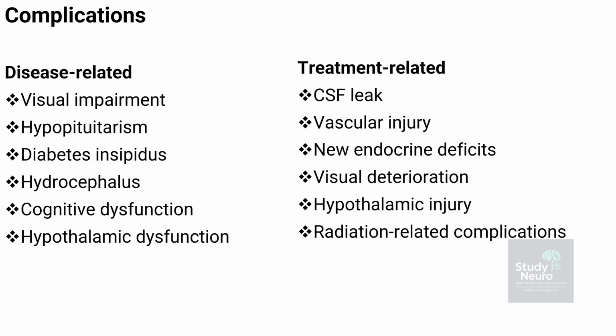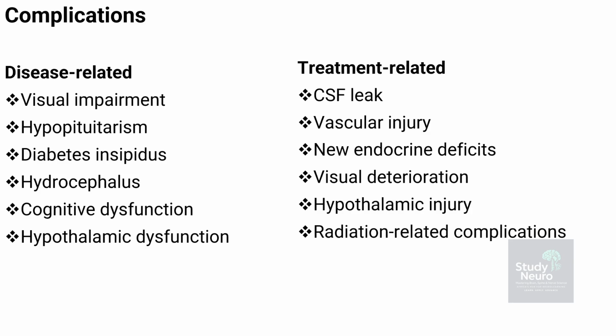Papillary craniopharyngioma can cause complications from the tumor itself or from its treatment. Tumor-related problems may develop when the lesion affects nearby structures responsible for vision, hormone regulation, and cerebrospinal fluid circulation. These effects can be lasting. Patients may develop visual impairment or reduced pituitary function, while involvement of water-regulating pathways can cause diabetes insipidus. Larger tumors may also obstruct cerebrospinal fluid flow and produce hydrocephalus, and hypothalamic involvement can lead to cognitive or other